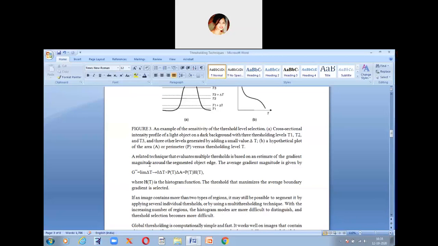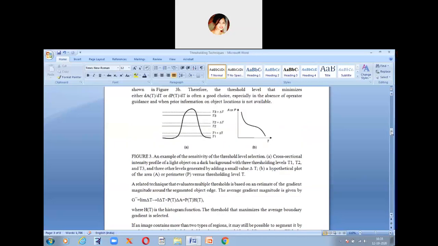Okay, then a related technique that evaluates multiple thresholds is based on an estimate of the gradient magnitude around a segmented object image. Another way is to calculate the gradient magnitude around the segmented object edge, and this is the equation for calculating this.